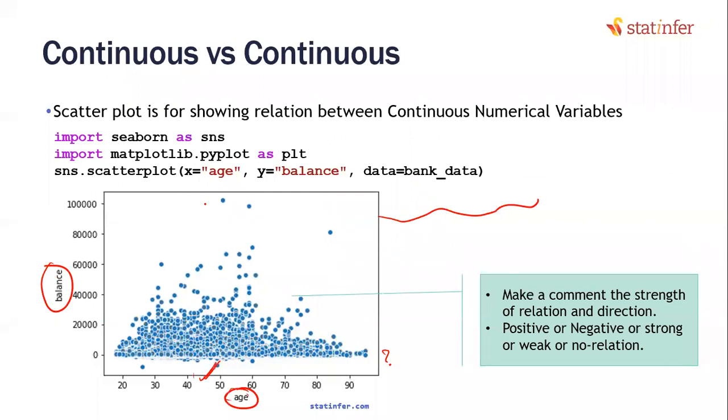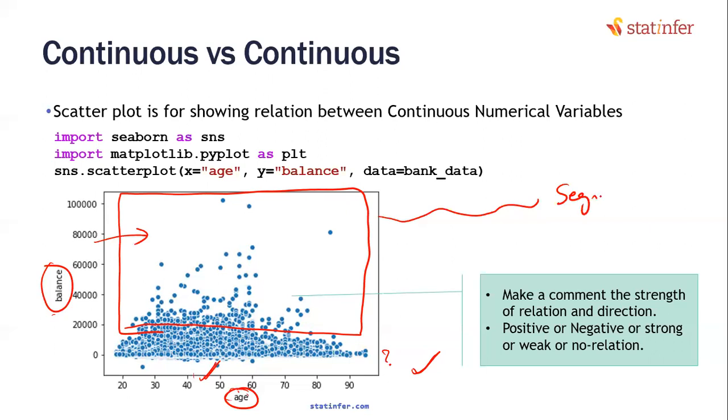What if there is a particular segment, a particular subset of the data, maybe somewhere here, where age and balance have some relation between them? Or maybe if you look at these points, whenever balance is going above 20,000 or age is somewhere around this data, maybe according to a third variable there might be a different story. That means balance and age in the full data behave in a particular manner, but in a particular segment, they are related differently.